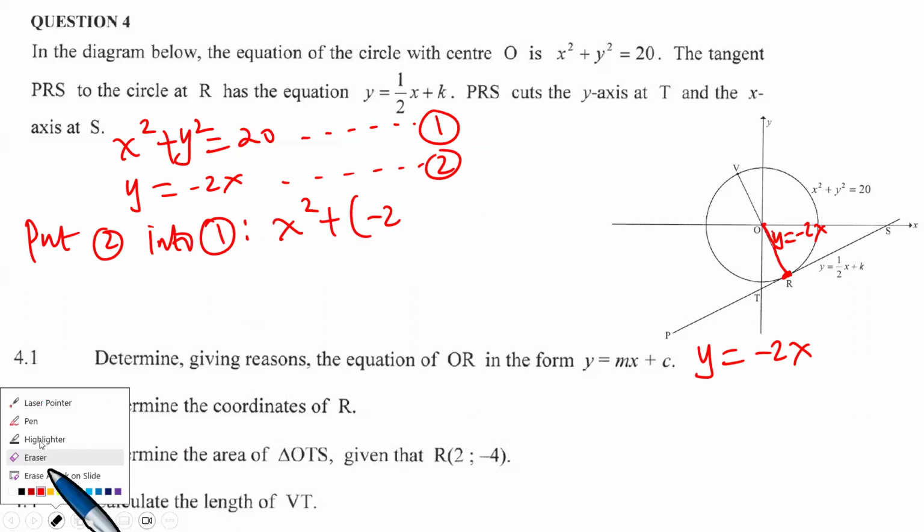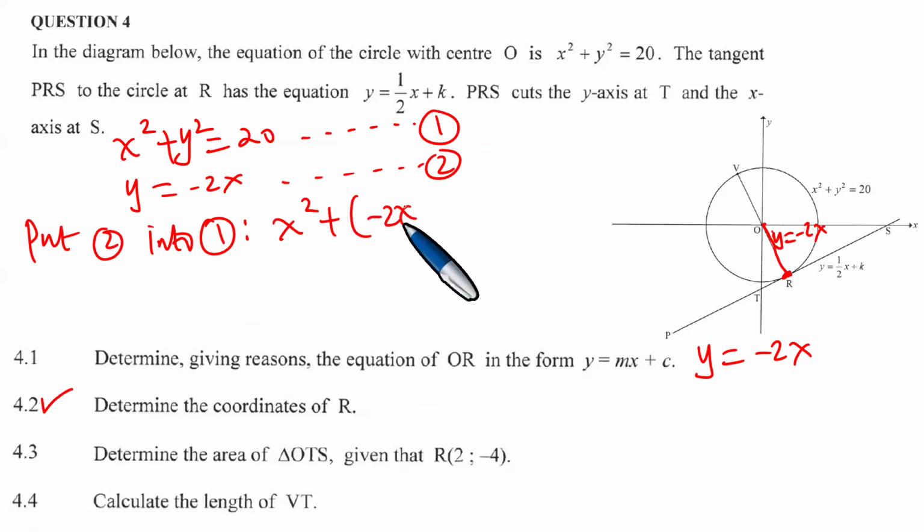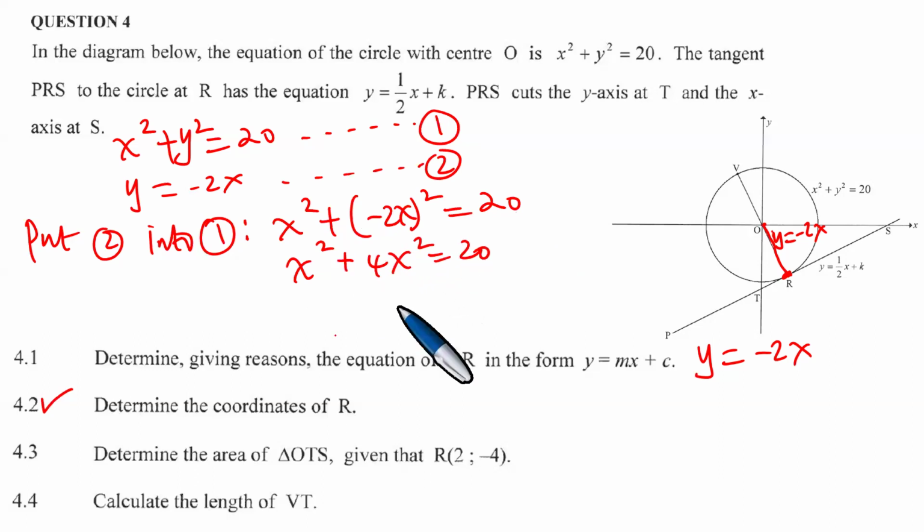The y is minus 2x, which equals 20. x squared plus, if you square minus 2, you get 4x squared equals 20. You have 5x squared equals 20, because x squared plus 4x squared is 5x squared. You divide both left and right by 5, getting